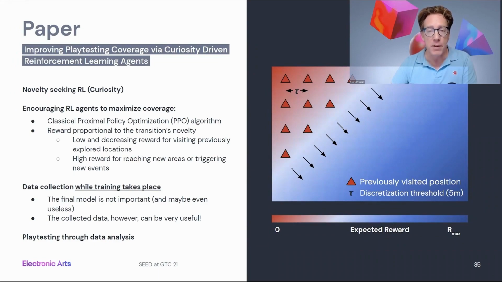However, regardless of how good this agent might become, they are not going to tell us if something is wrong with the game. It's our job to ensure that sufficient data and proper metrics are collected while training is taking place. The evaluation and analysis of this data is what will actually enable us to identify potential problems or design oversights.